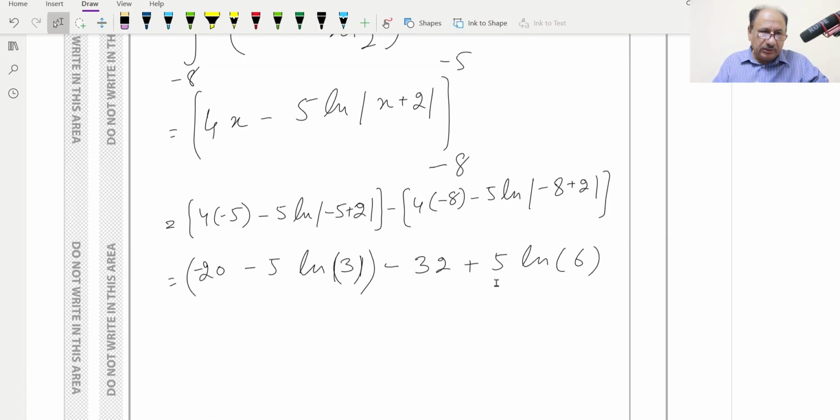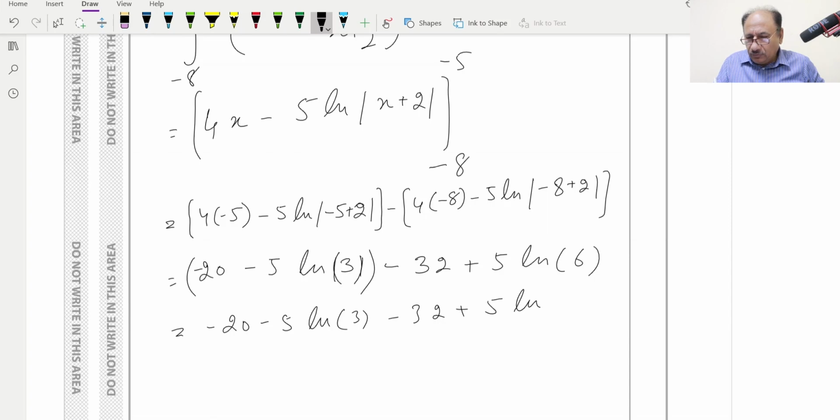In the next step we just open the brackets: minus 20 minus 5 log 3 minus 32 plus 5 log of 6. So minus 20, and this should be plus 32. We are making a mistake, so this will be plus 32, because this is 4 into minus 8 multiplied with minus, so it will be plus 32. Minus 20 plus 32 will be 12, so we write here 12, and plus